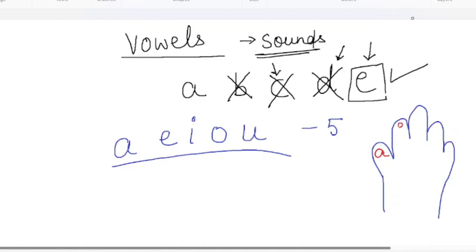A, E, I, O, U. I hope you have understood what a vowel is. As a parent we should know, and only then can we teach the children. So A, E, I, O, U are the 5 vowel sounds.